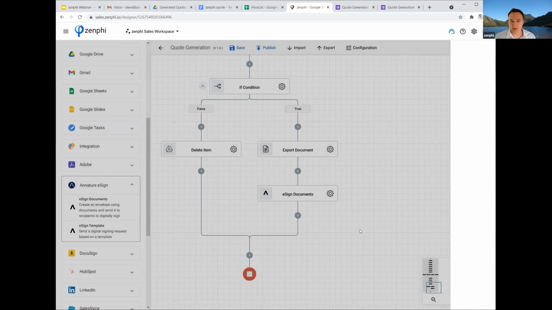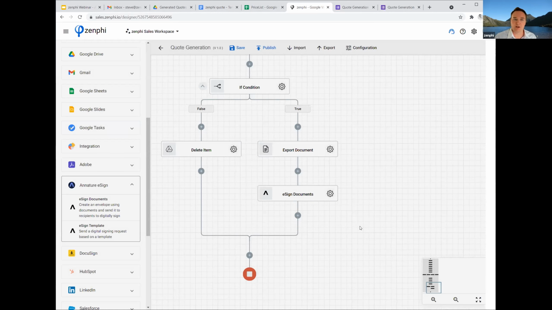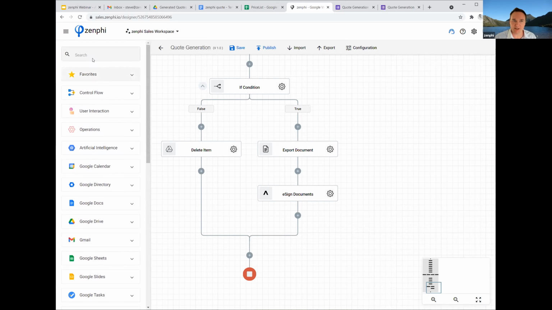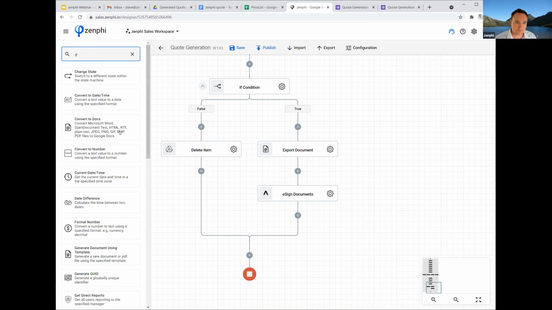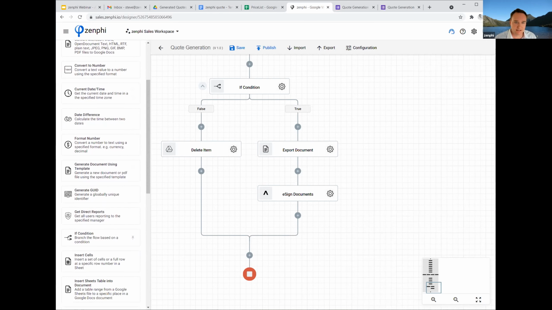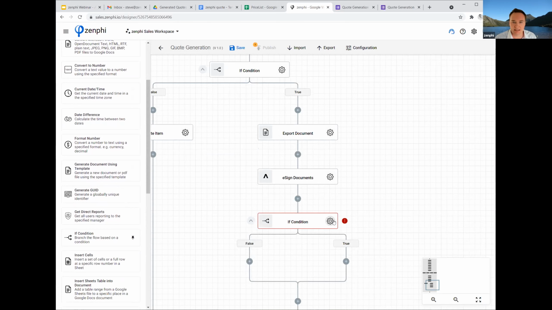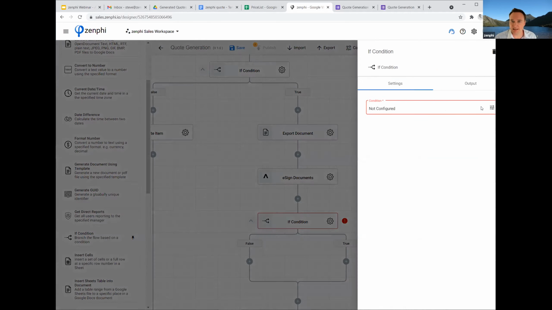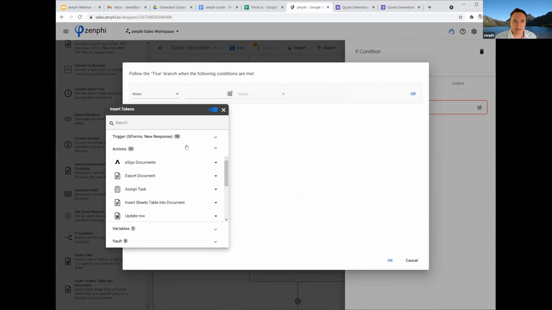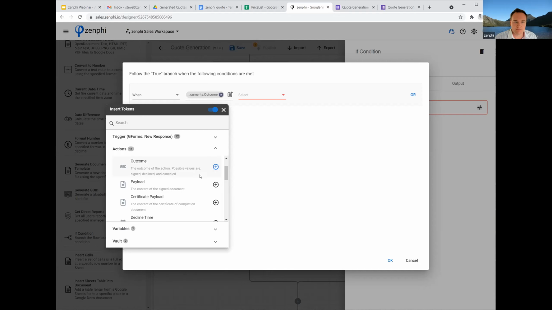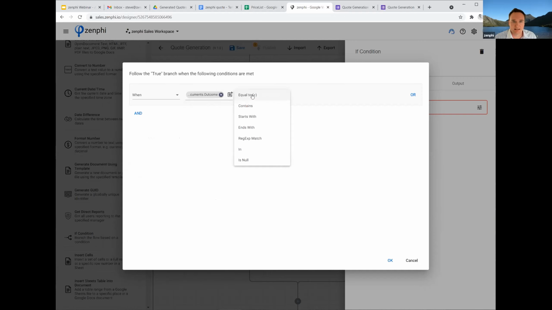Okay, so now that the e-signing request has gone out, what we then want to do is determine whether they've actually signed it or not. So once again, I can just go here and drag on an if statement. Drag on our condition here. And the condition will be if the outcome of the digital signing is equal to signed,